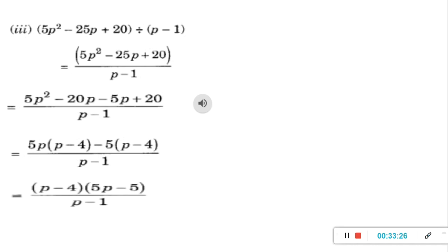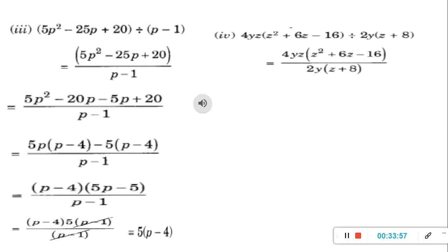Now we got the factors p minus 4 and 5p minus 5 upon p minus 1, right? Now again you can see that in 5p minus 5 we can take 5 as common. Then what will be left out? p minus 4 into 5 into p minus 1 upon p minus 1, because we are having p minus 1 in the numerator and denominator also. That will be cancelled. Now what is remaining? 5 into p minus 4. That is our answer. Now fourth one, 4yz into z square plus 6z minus 16 divided by 2y into